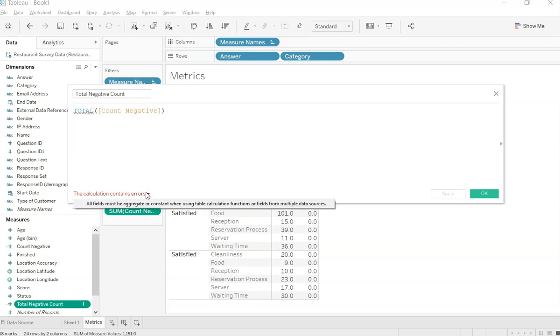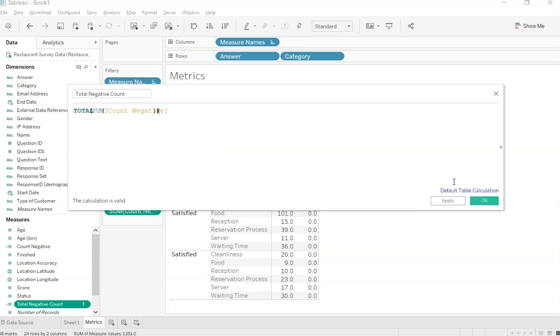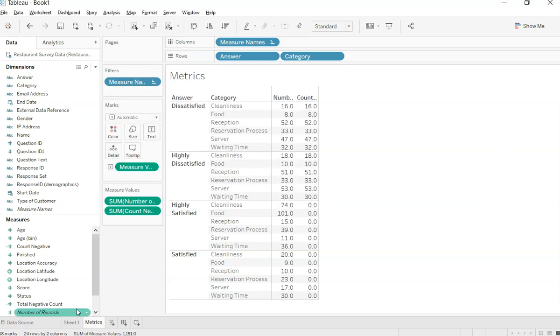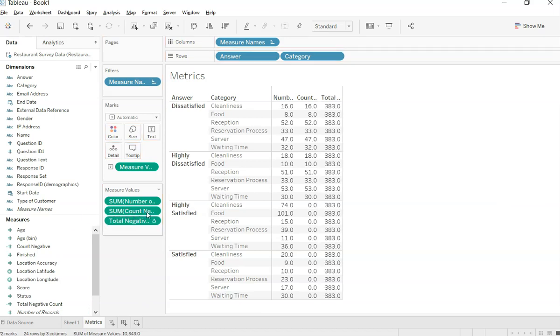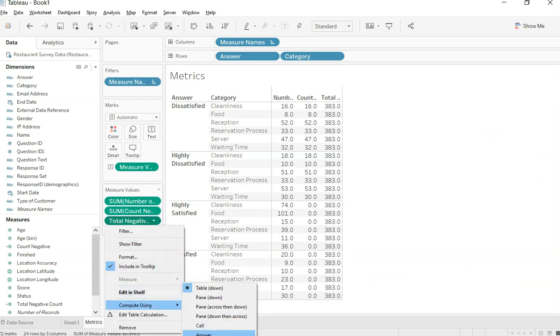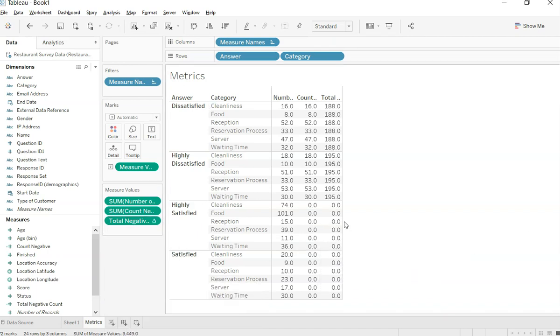So this calculation field must be aggregated. Total: sum of count negative. Click OK, total negative count. So now the total negative count is coming over here. It's just that we need to change the compute using the category. So now we clearly know, based on these categories, where the negative count is present, and